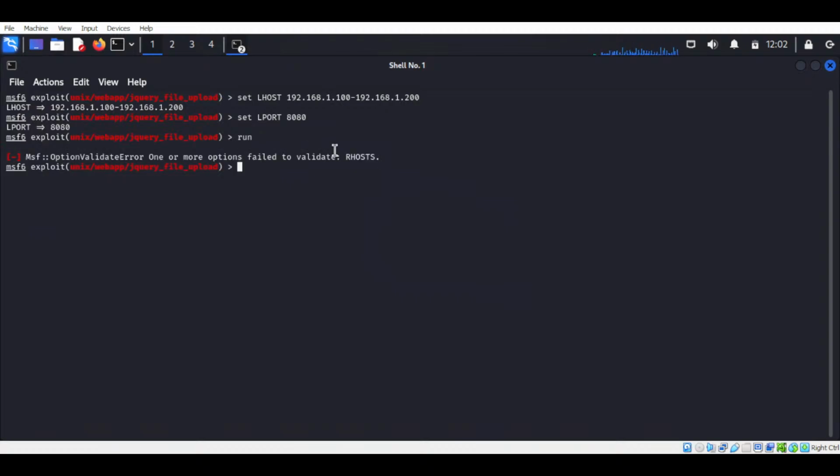Now again it's failed, again it's failed. It means something is wrong with our hosts. It's not working right now, and oh, actually we made a mistake here. Here just type set lhosts. Okay, just this mistake here,